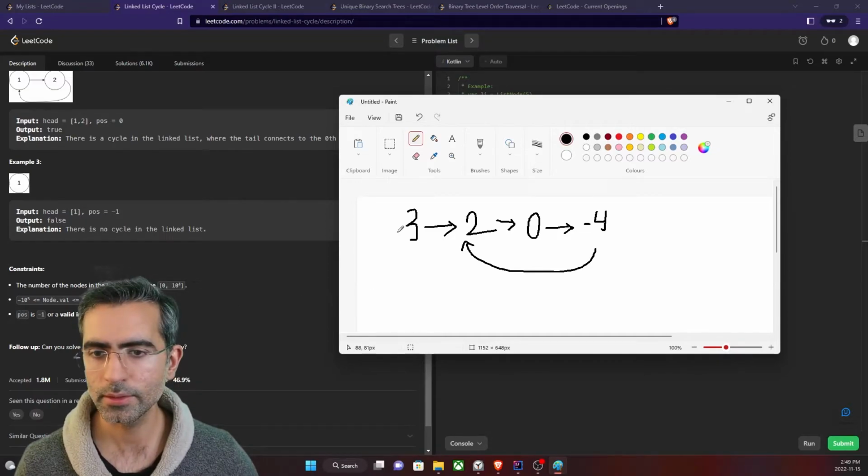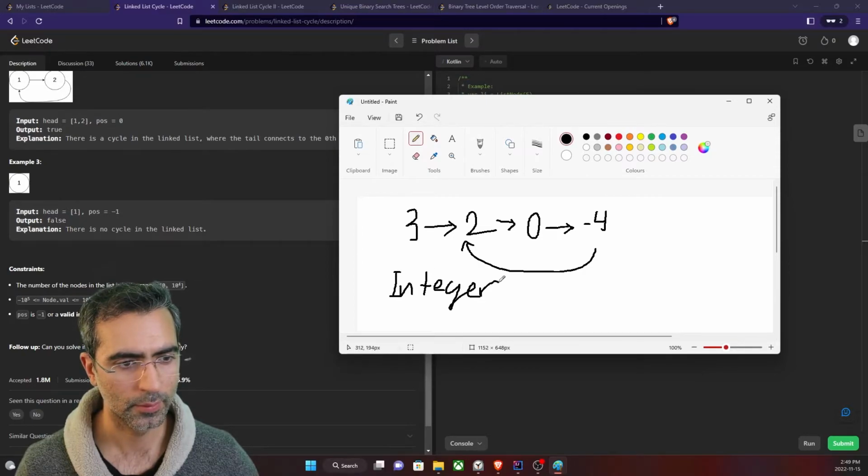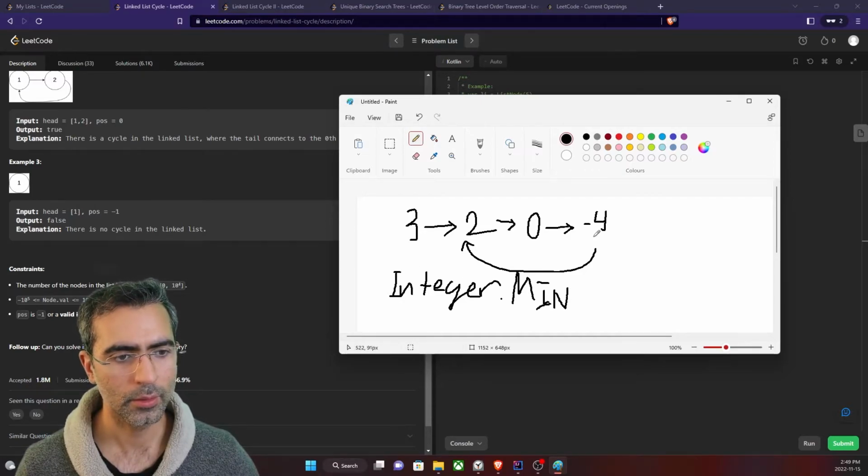What we can do is we can use like the minimum integer. I think in Java it's something like integer minimum. Okay? So basically we would know if we have visited. So by changing the value of every node that we visit, we can know if the loop has a